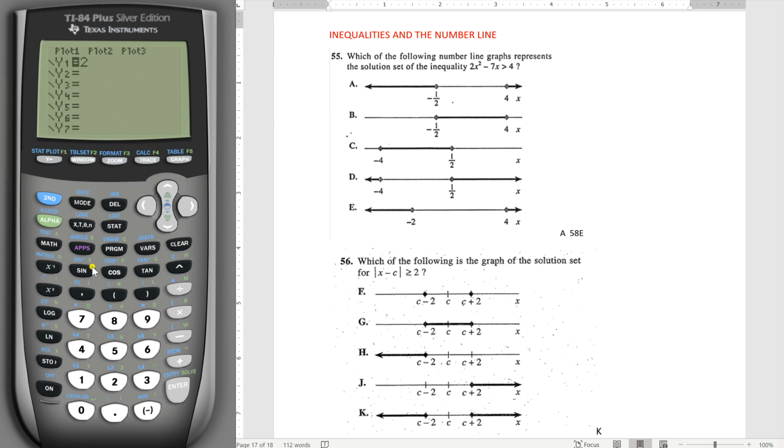So you go 2, x is up here, the squared button is over here, and then you'd hit minus 7x. And then to get the inequality, you hit second, math, and it comes up with all these operations, and we need greater than 4. And then if we graph it,